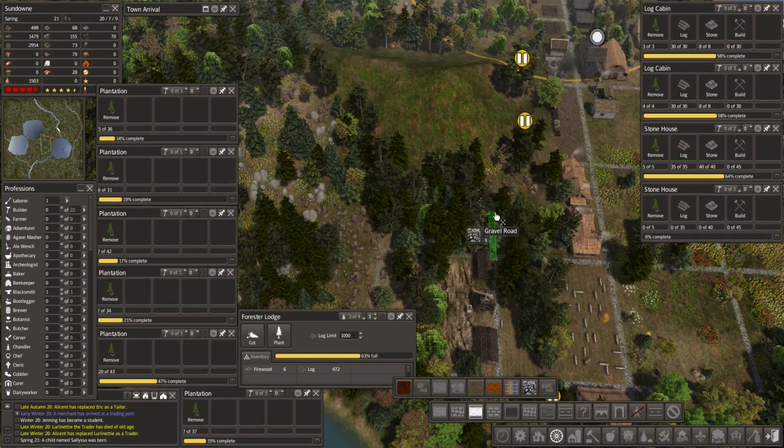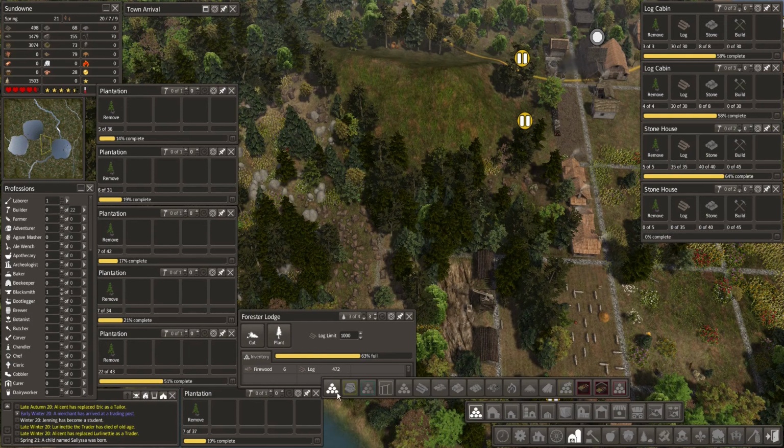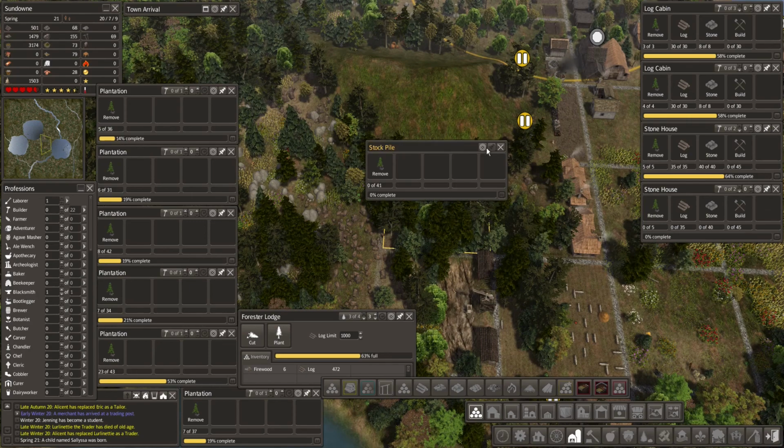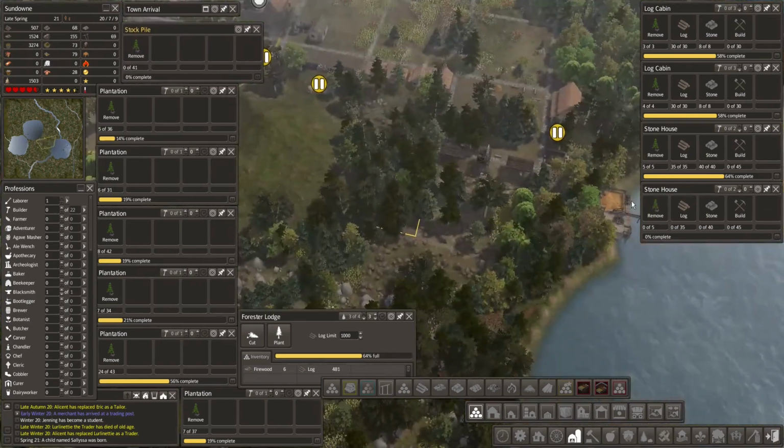So, now let's build a stockpile right here. We can build a very big one. But let's do it like this. That's going to be plenty. Well, let's actually build the biggest one we can. So, even more windows open right now. Now let's